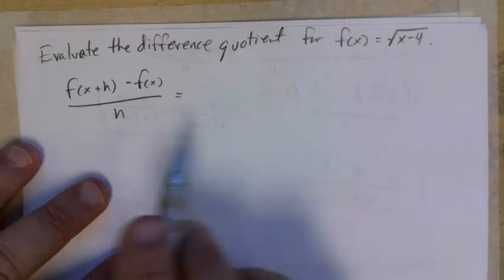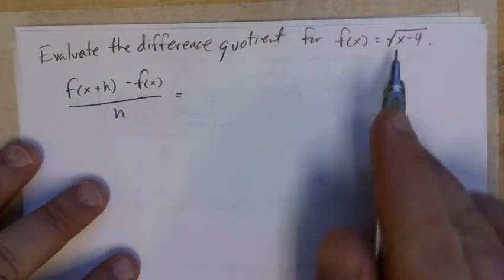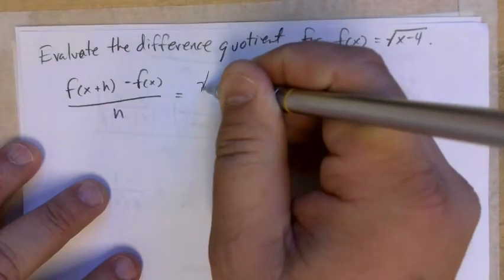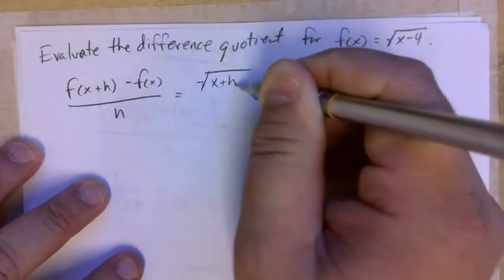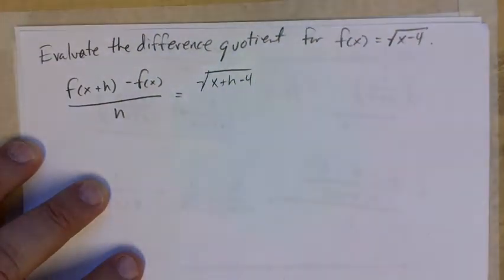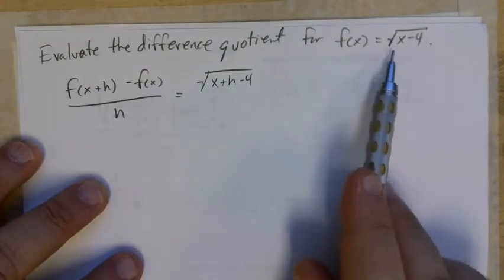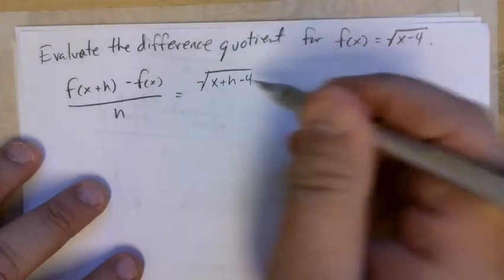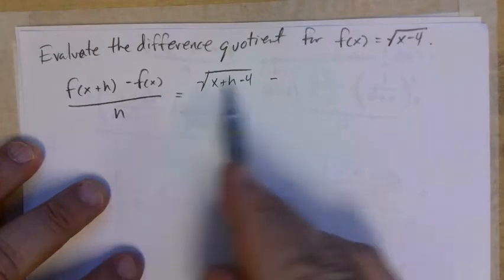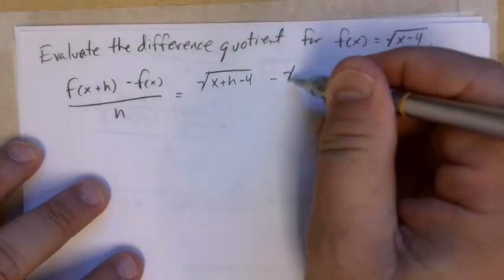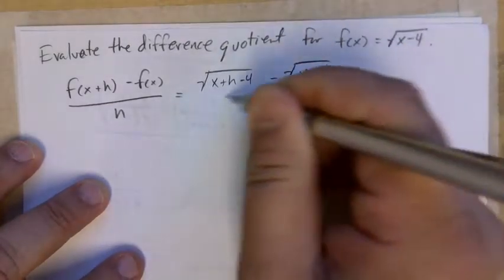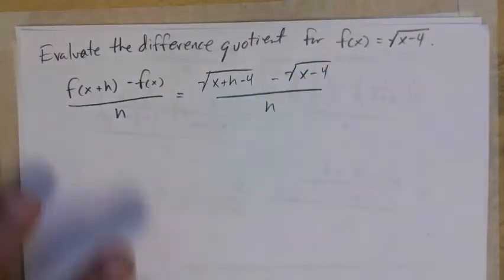Now for this, that means f of x plus h, put x plus h in there. So it's going to be the square root of x plus h minus 4. So I just took x plus h and put it in for x. And this is going to be subtracting f of x. Well, f of x is right there, square root of x minus 4. And this is all over h. Now,